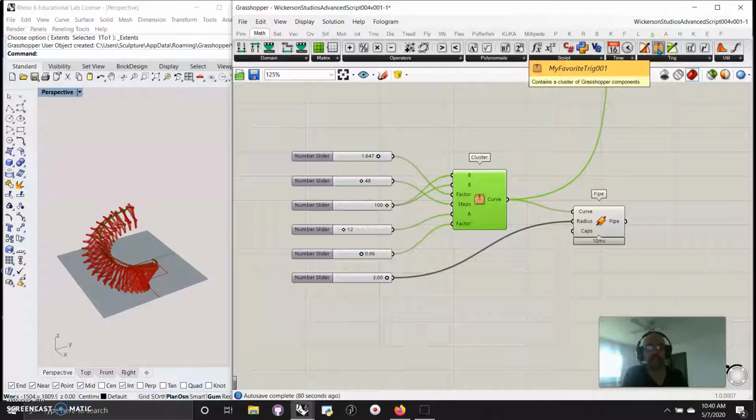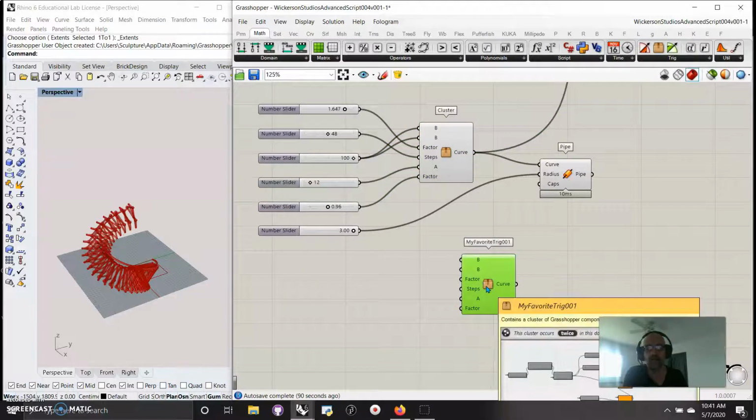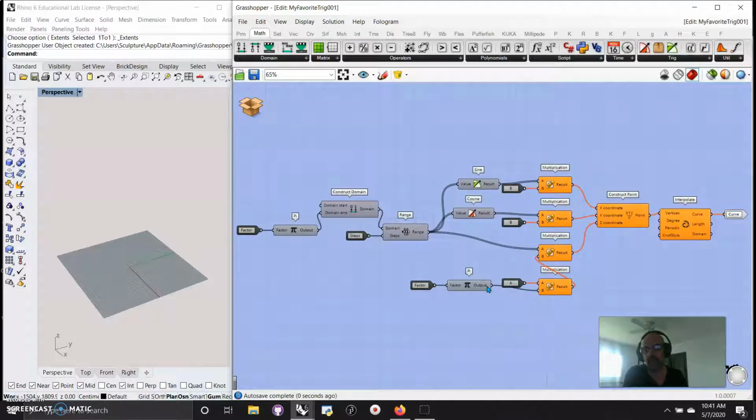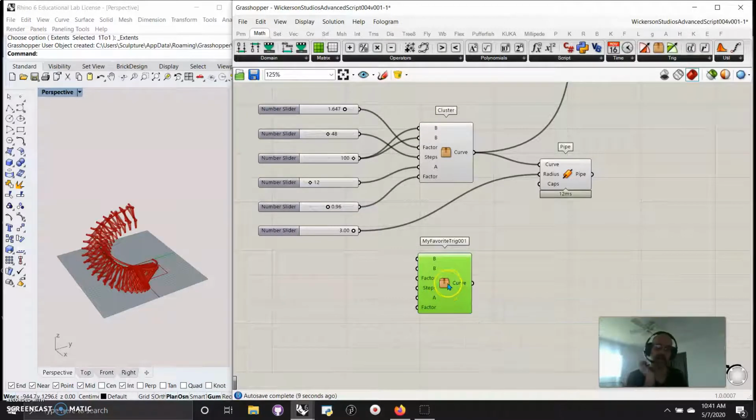It's not too exciting. It's got a pretty icon, but instead of having to go to this file and cut and paste it, I could just pull that out like I pulled out the sine node in there. I'm ready to use it, my favorite trig function. If I want to see what's in it, boom, or if I hover over it, it'll pop up. I package it up, and it's always there available to me. And that stops me having to go in on every script I've done